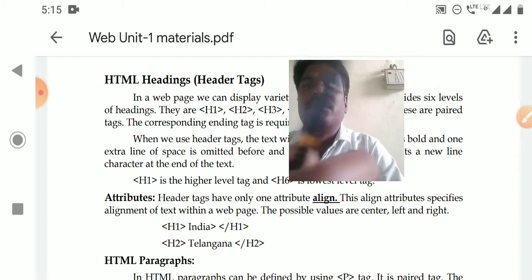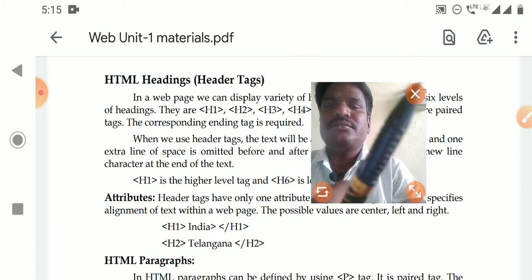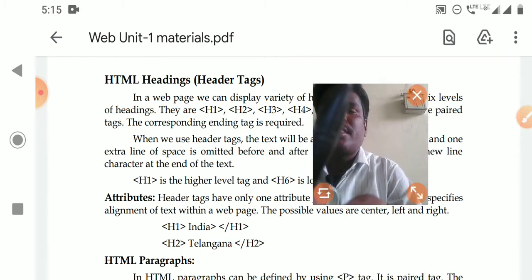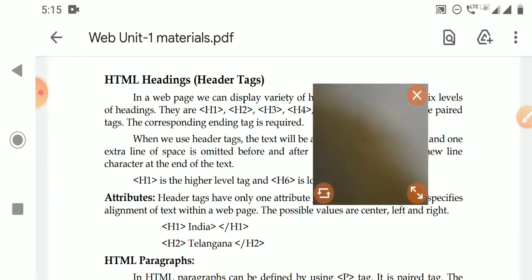For example, this is a web page. If you want to display the heading on the left side, simply write like this. For example, I am using H1 style: H1, Nalgonda, close H1 tag.